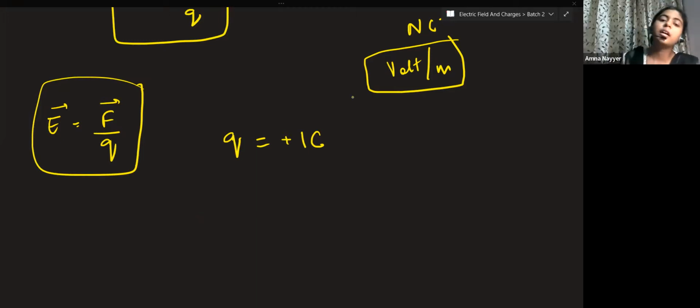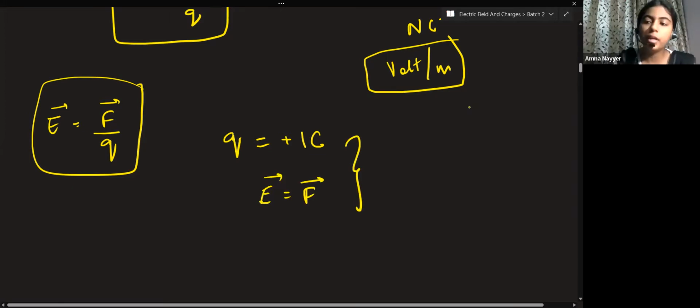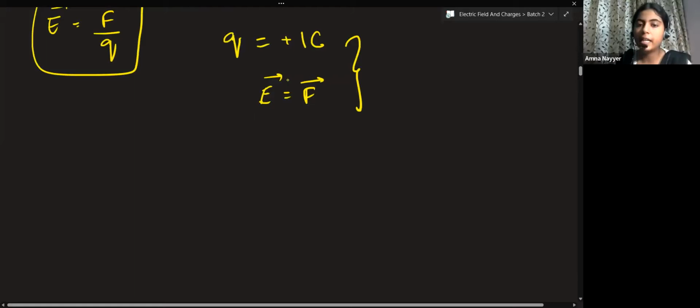Yes, Krishna. If your charge is equal to 1 Coulomb, just put it in this formula and see. E is equal to F divided by Q and Q is 1. So E is F divided by 1. So electric field will be equal to what? Electric field will be equal to force. From this, what can we conclude? From here, we can conclude that electric field